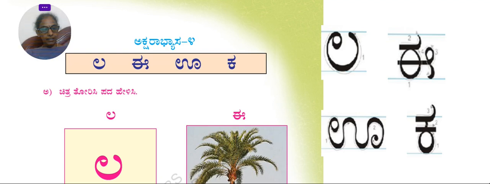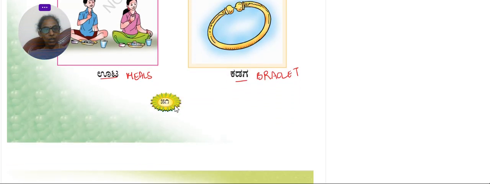This is lesson 4 of the Kannada alphabet series. I am referring to the Savi Kannada grade 1 part 1 textbook. Today we will be looking at lesson 4. We have completed till lesson 3, and you can see them in the previous videos. This is Aksharabhyasa 4. So let us look at the lesson now. This is page number 51 in your textbook.